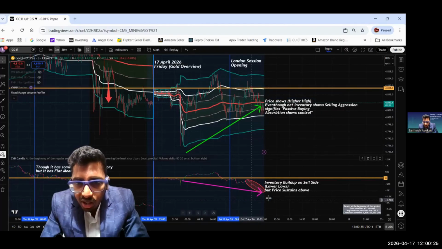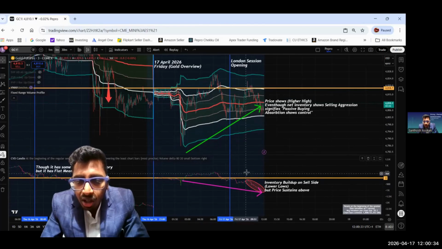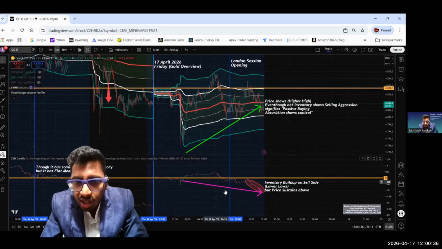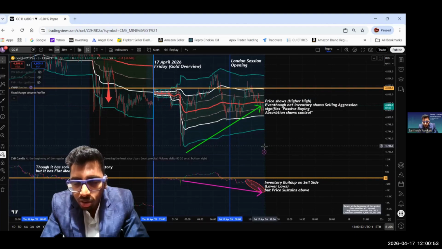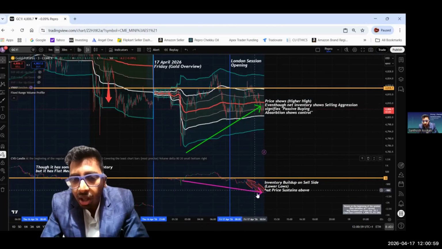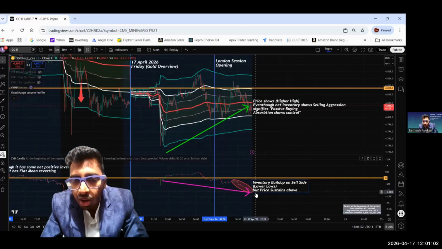So there is a classic absorption happening right now, because the inventory keeps on falling and prices keep on inching higher. All these aggressive selling orders have been absorbed by some passive buyers. The reason I'm saying it is absorbed by passive buyers is that, as per the inventory, the price is not falling towards lower lows or pushing to new lows. It is sustaining over there, and the inventory alone keeps on falling and building selling aggression.